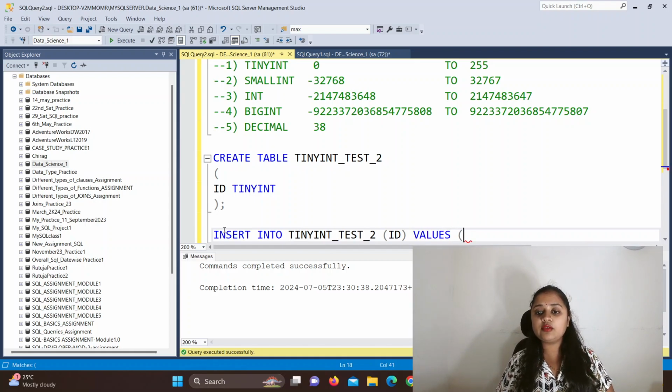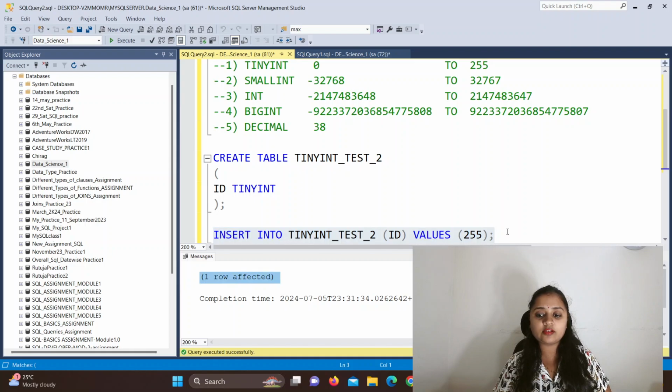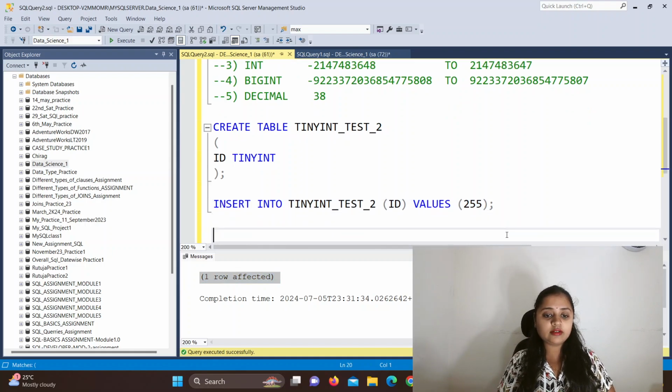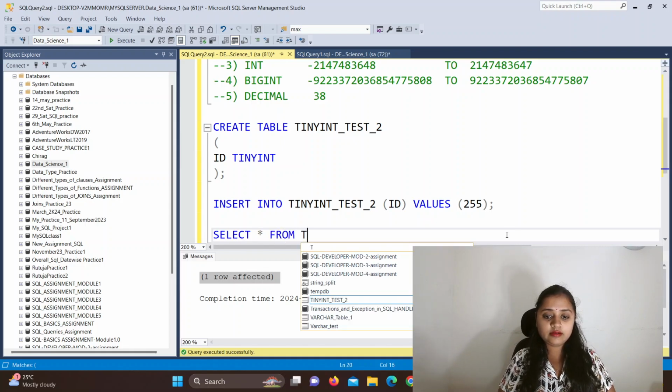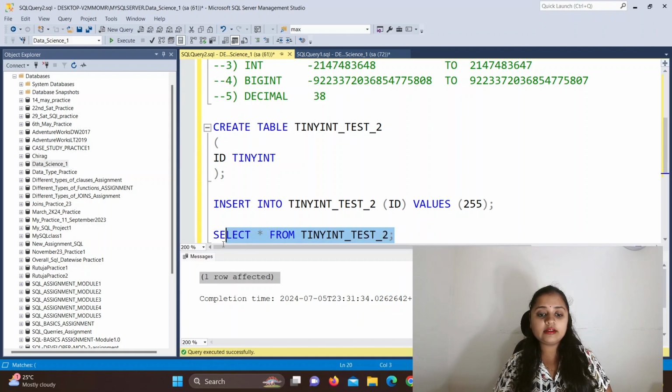The range is between 0 to 255, so we will try to insert the value 255. Then bracket close, semicolon, and then select this and hit the execute button. See, one row affected means the data is inserted successfully. If you want to see whether it is inserted or not, give the command select star from the table name, select it with semicolon, and then hit the execute button.